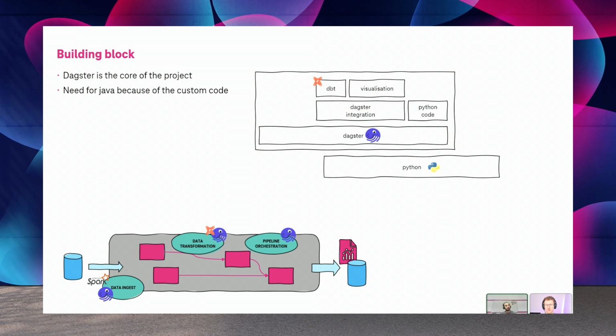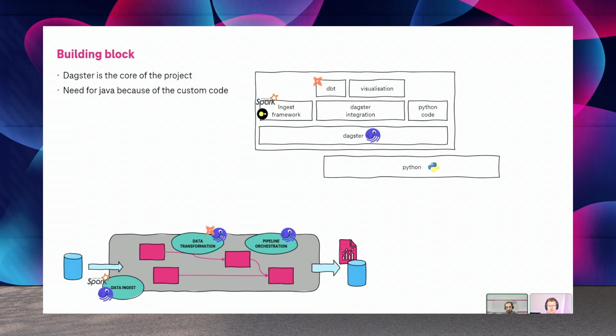Now, because we are in a big enterprise, we also had the big data part of the team. So basically, we have a lot of code which is written in languages other than Python. We have a lot of Scala written in our company. So we try to reuse as much as possible, and we took pieces of this old code, of the current code which is running on the big data cluster, and we integrated it into the